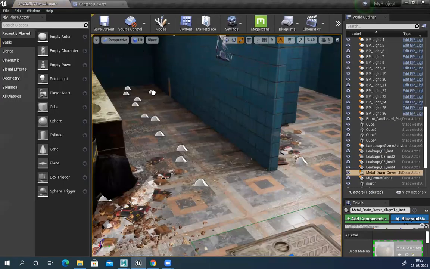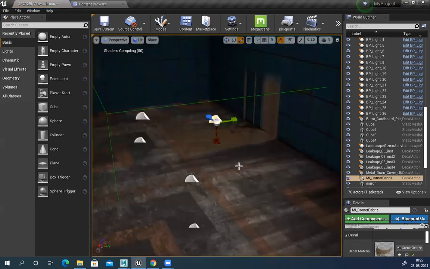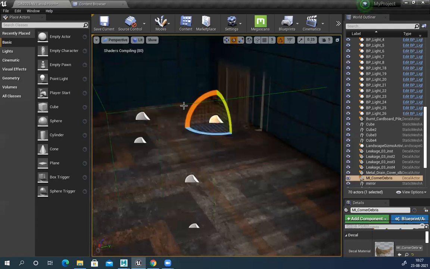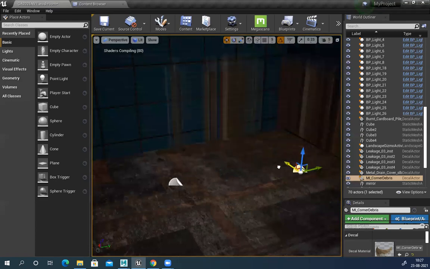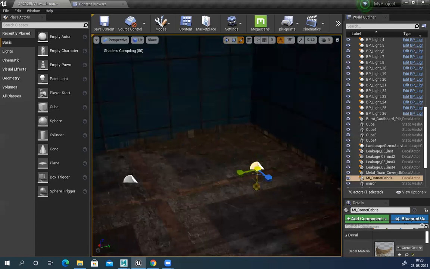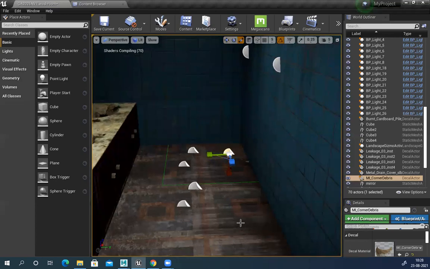We can place it in some corner. Place it nicely, those dirt decals and all I can see.